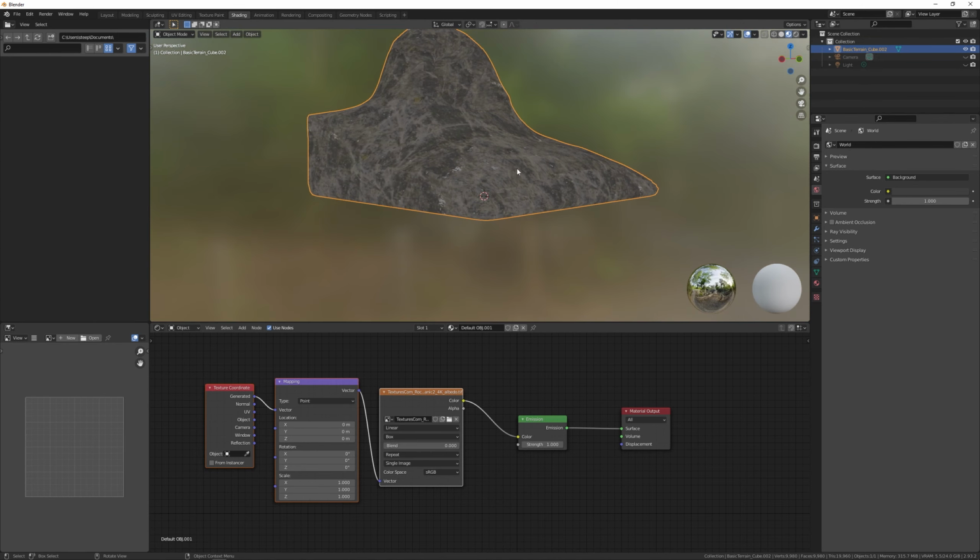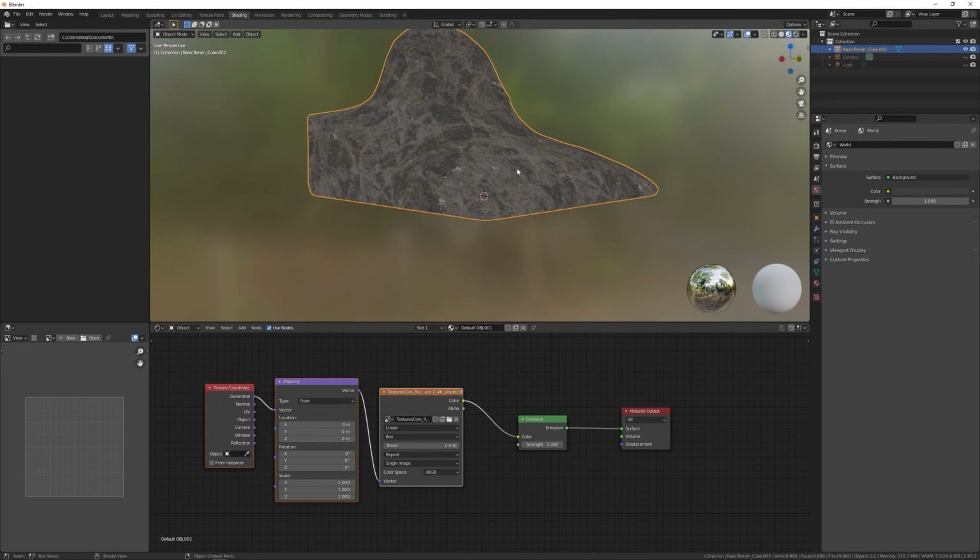If you get sharp borders like here, it's because on these faces it's projecting from the side, and on these faces it's projecting from above. That doesn't line up properly, so you can increase this blend value, something like that. That's nice.